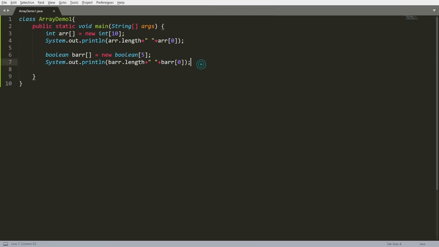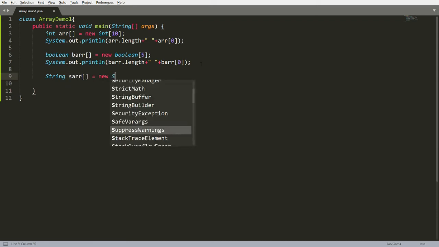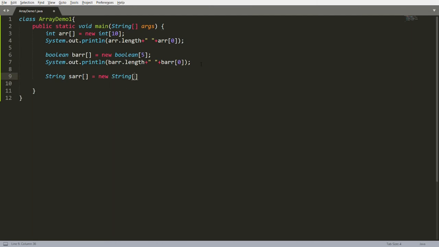Suppose it is a string array, for example, I want to create an array of strings. So I'm writing String sarr is equal to new String of, for example, 6. Then I'm creating an array of strings, storing 6 strings.